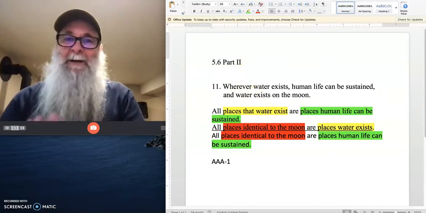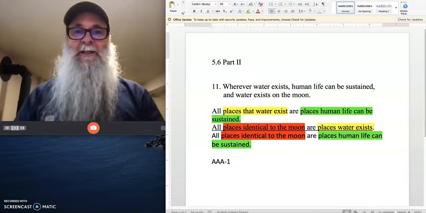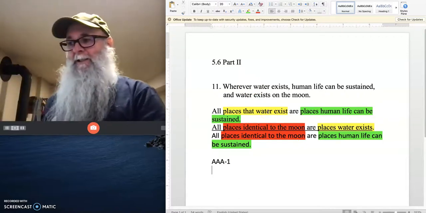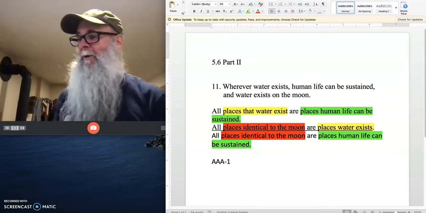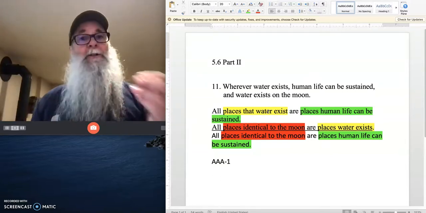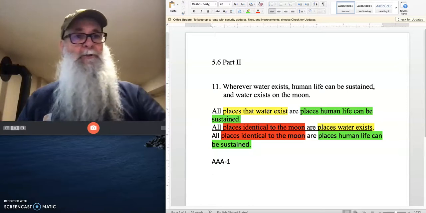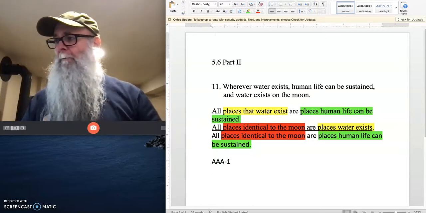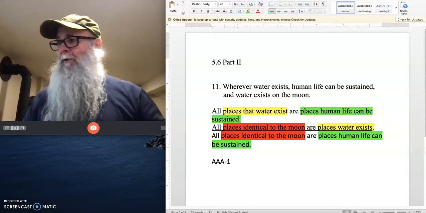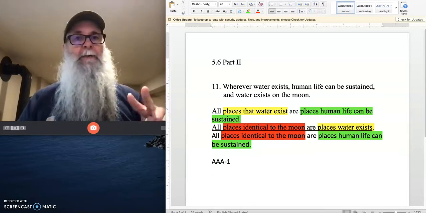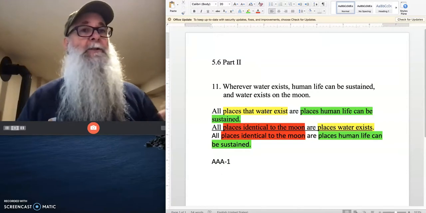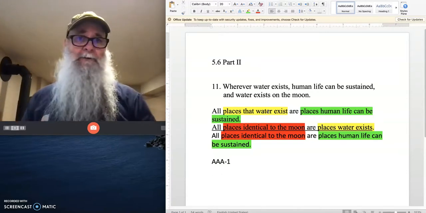So again, the step by step. Begin by looking for those indicator words. Then start translating those different statements into standard form. That's going to make it so much easier for you to work with. Then look to see what the terms are that you're dealing with. Does it look like you can identify the two terms that haven't been used two times each? Because those will be the terms that are either going to be in a premise or a conclusion. All right,